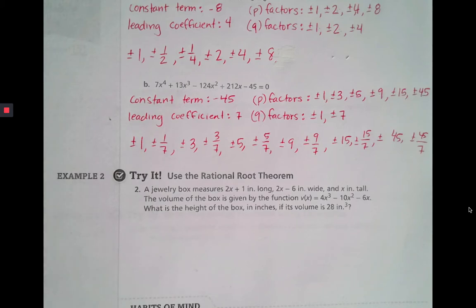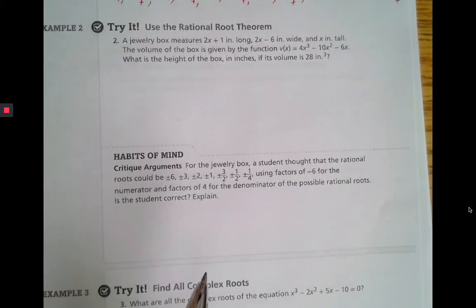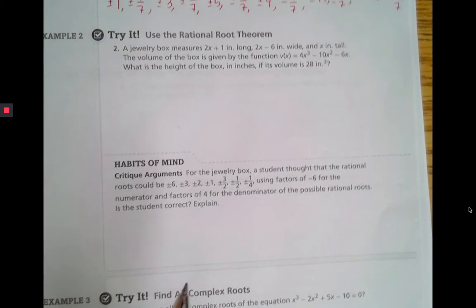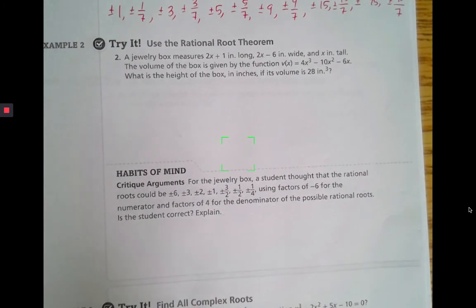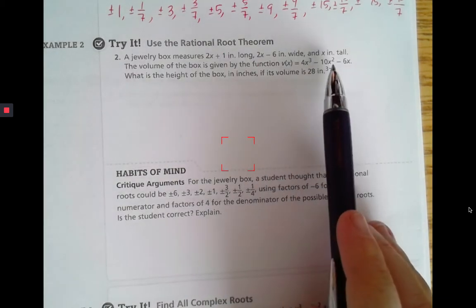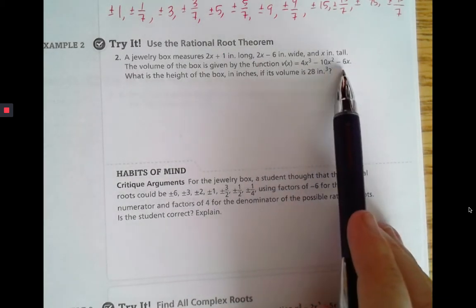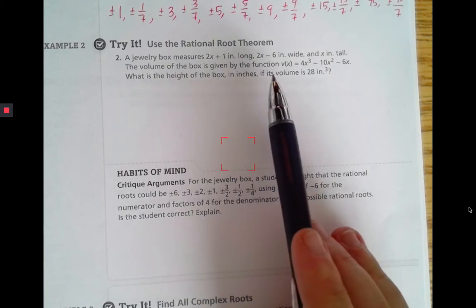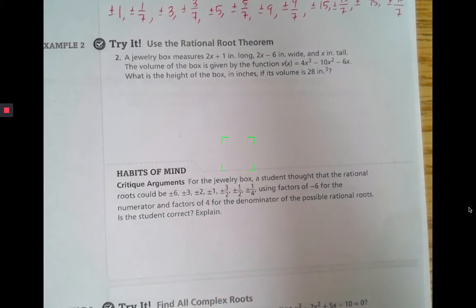All right. Next, it says a jewelry box measures 2x plus 1 inches long, 2x minus 6 inches wide, and x inches tall. The volume of the box is given in the function 4x cubed minus 10x squared minus 6x. What is the height of the box in inches if its volume is 28 inches cubed? So we take